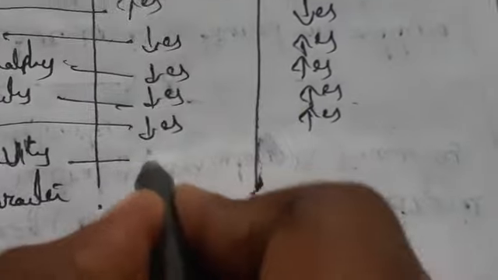Electropositivity in a group increases, in a period decreases. Coming to metallic character, in a group increases, in a period decreases. If you have observed, atomic radii, ionic radii, electropositivity and metallic character increase in a group and decrease in a period. Why? Because of the increase in atomic size down the group, and the decrease in atomic size and nuclear attraction across a period.